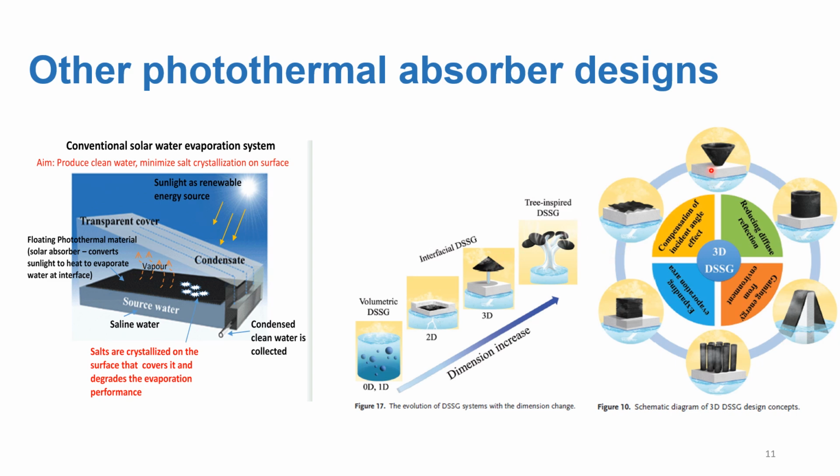And this is where 3D printing is most likely to be very useful, because many complex geometries can be designed in 3D printed photothermal absorbers. So we can definitely design a new geometry that could enhance the overall efficiency of your solar absorber. This is the direction of solar water absorber designs right now: increasing the efficiency as well as the solar water evaporation production rate.